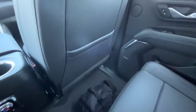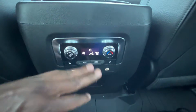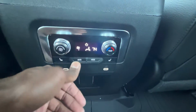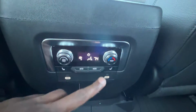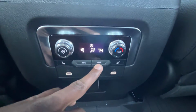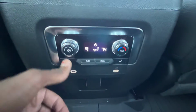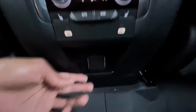Seat back pockets on both sides, cup holders here, and then we do have an automatic climate control system for the rear. We can adjust temperature here, fan speed here, you put the auto mode on there, and then you can turn that off with the fan speed, and then you can toggle your modes here for where the air direction is going. And then we have 3-stage heated outboard seats, and then 2 USB-C charge ports there, and a 3-prong 120-volt household plug-in in there. It's a little dark down there, but